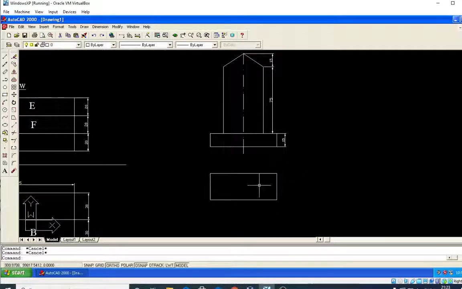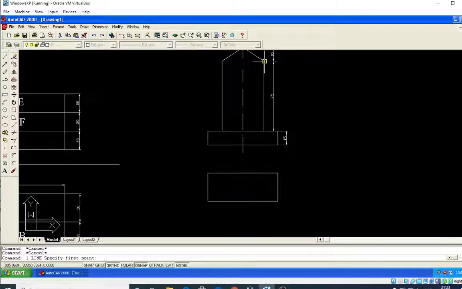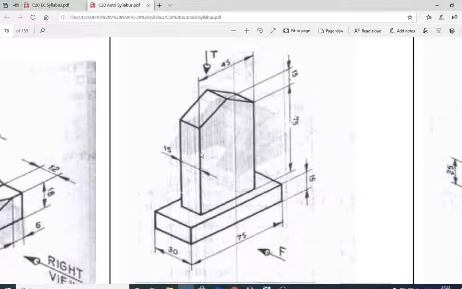Afterwards, you can take the line command and extend this up to here. Again take the line command and extend it up to this one, correct. Afterwards please concentrate. Why? Because as you know, this is coming down, this is also coming down, and here at the center also, from here to here it is 30, at the center it is 15, from 15 to 7.5, and from the center axis to the right hand side is 7.5, from the center axis to the left hand side is 7.5. The total width of this block when you see from the top is 15 mm.